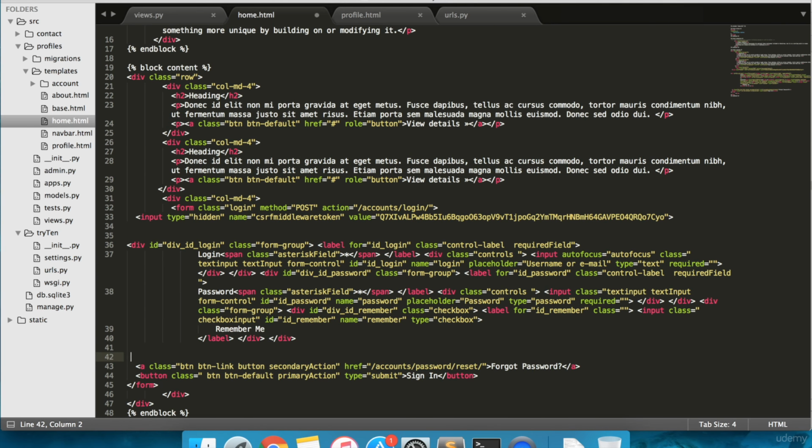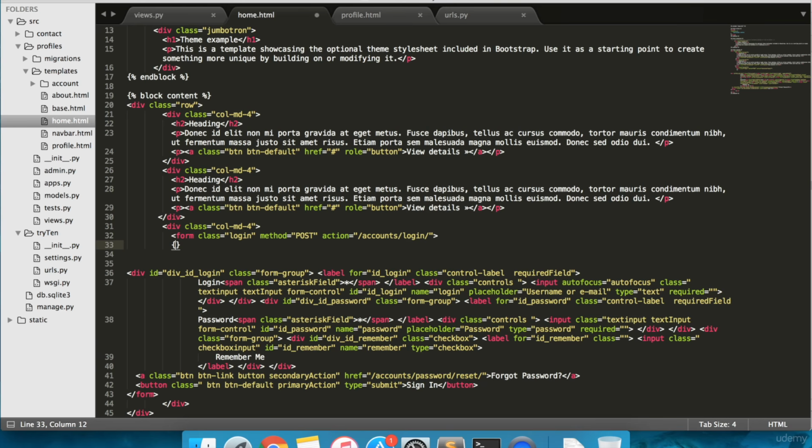Delete the input line, then type csrf_token below it. This will be removing line 33. Next, type below the div class column middle 4. You'll be adding